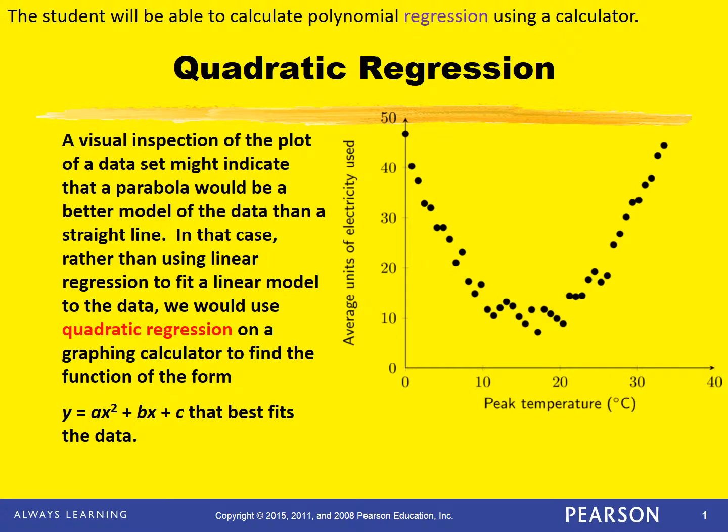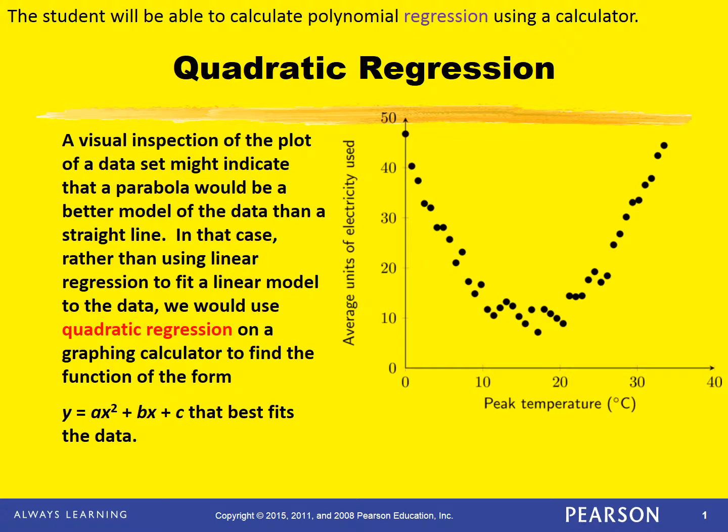Objective 2, Section 2.4. The student will be able to calculate polynomial regression using a calculator. A visual inspection of the plot of a data set, a scatter plot, might indicate that a parabola would be a better model of the data than a straight line. In that case, rather than using linear regression to fit a linear model to the data, we would use quadratic